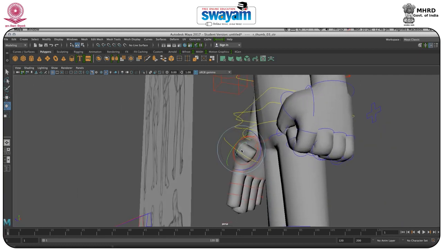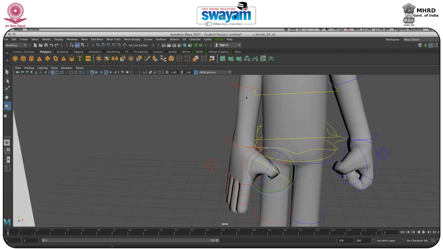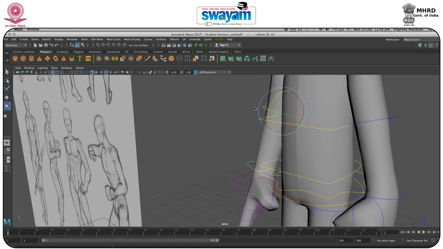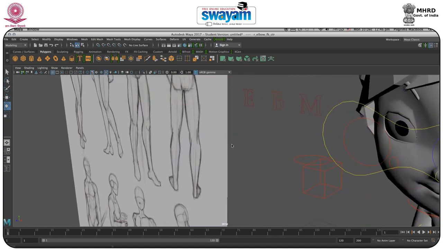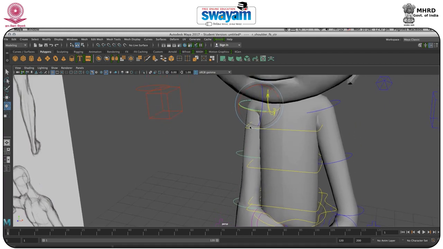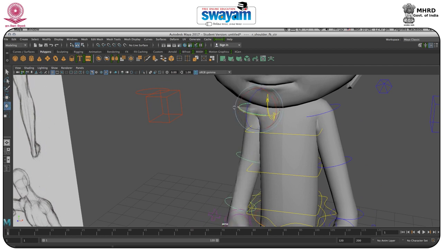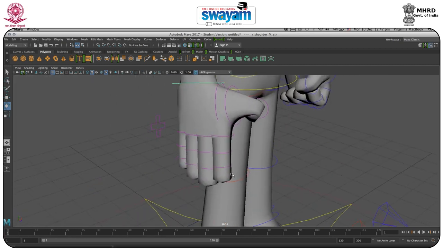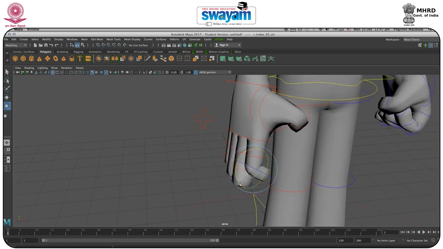We'll also do the same. Just select each and every joint, and move it by looking at your reference.